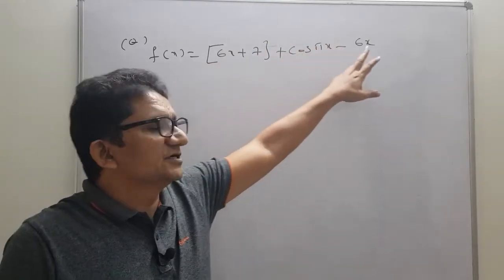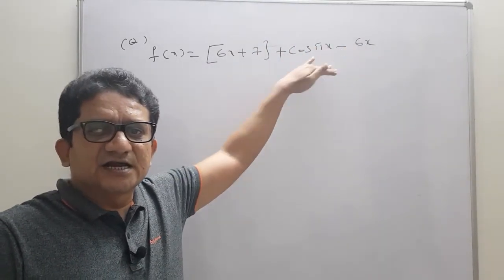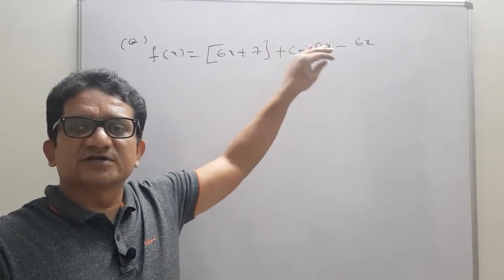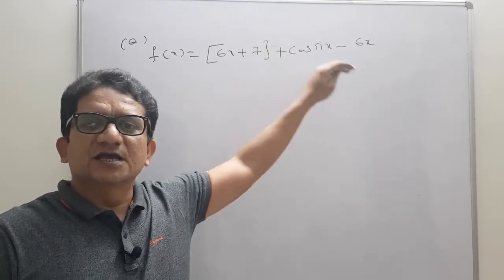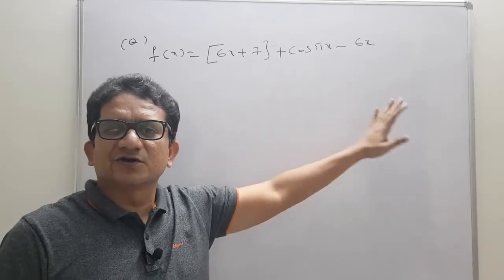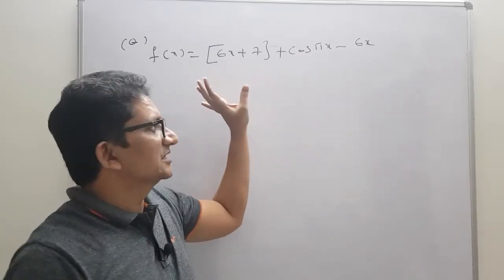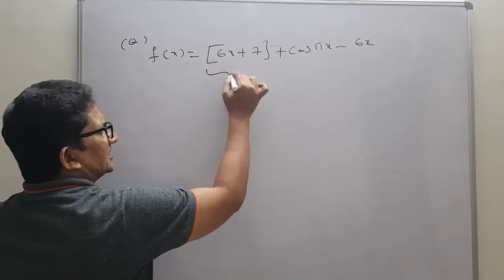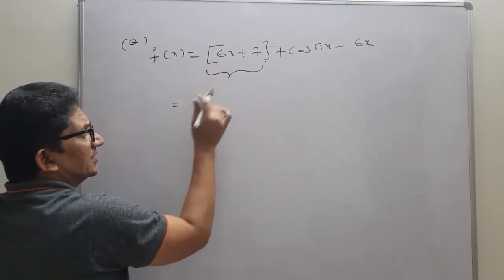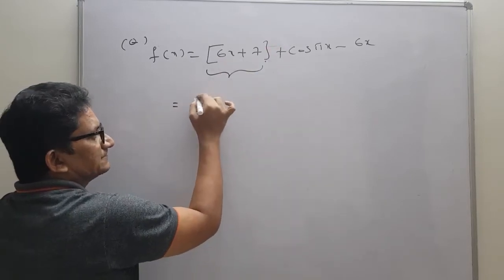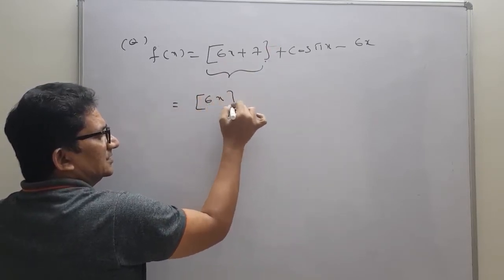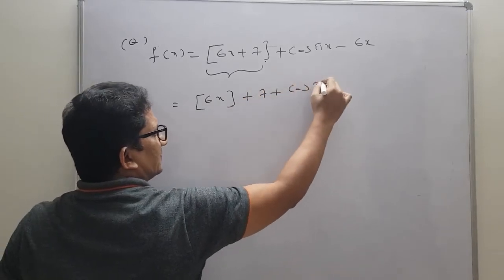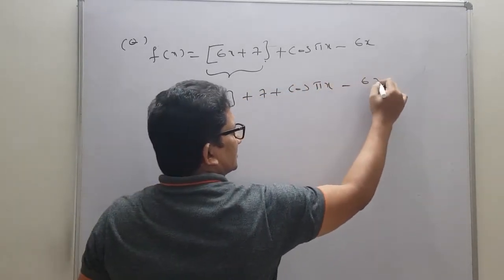So a modulus function and any other functions are there and they are asking for the period, it means first we need to think, is any algebraic simplification possible over there? If not possible, then we will write that it is overall non-periodic. But we will check if there is a possibility of simplification here. So here, if we apply the greatest integer function properties, we can send the integer outside. Then it will be the step of 6x, plus 7 plus cos pi x minus 6x.